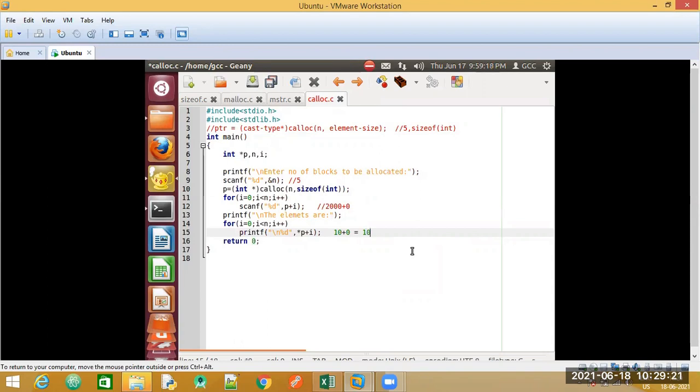For the second iteration, again star P is 10. Again plus, what is the value of I? For the second iteration, the value is incremented by 1. You are getting 11. Correct. Your output is coming correct according to the expression that you have written here.